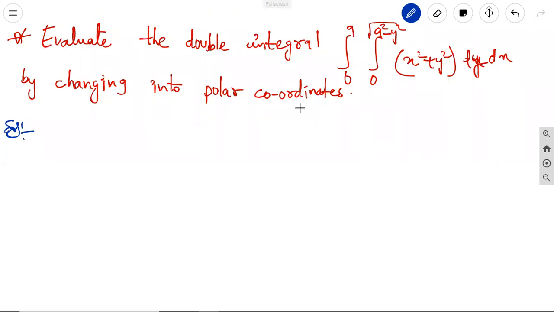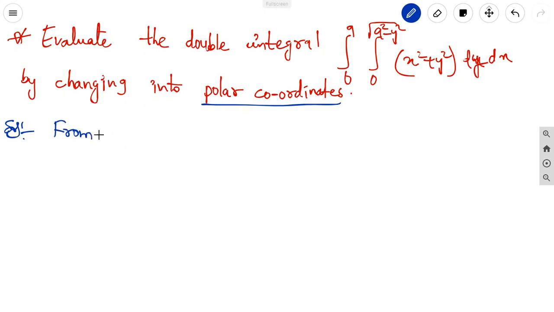The another problem: evaluate the double integral, 0 to a, integral 0 to under root of a square minus y square, of x square plus y square dy dx, by changing into polar coordinates. Here, we can change the x variable limits in y limits. This is the y limits. So, from the given problem,